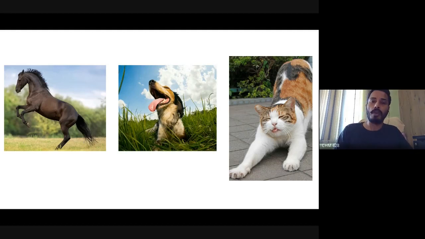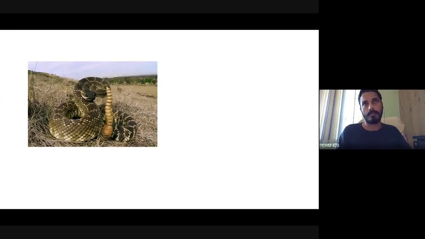Far-reaching implications of electricity can be seen in the life of the rattlesnake. It's a blind snake, it cannot see. This is the rattle of the snake, you can see there is a kind of spring-like substance. This is the head of the rattlesnake, and this portion is the rattle of the rattlesnake. The snake can vibrate the rattle in the air.